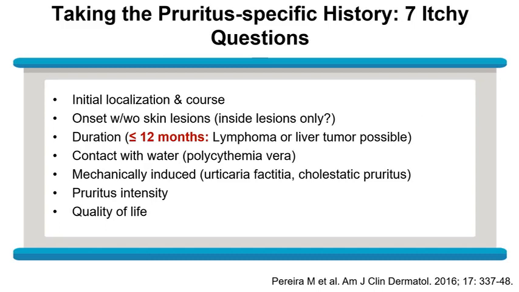So why do we have here number 6 and 7? Because this is important for monitoring your treatment. And when the patient returns, you always ask for number 6 and 7. So how is the pruritus intensity and is your quality of life impaired? And for number 7, you know that there are questionnaires we can easily administer in our private office.